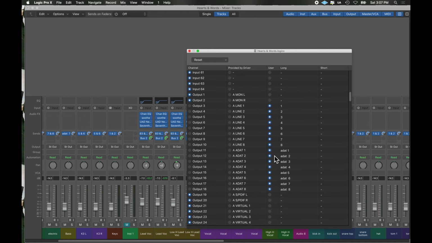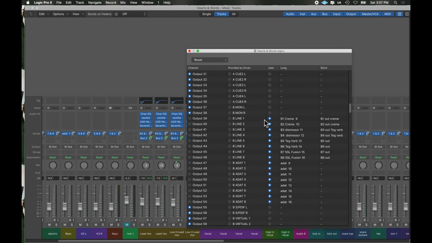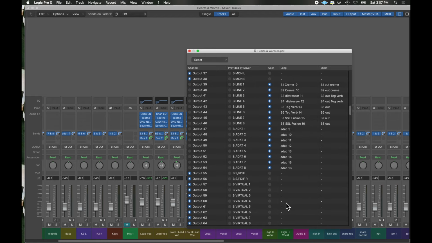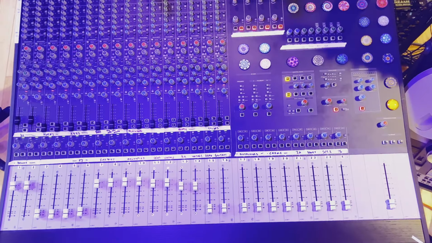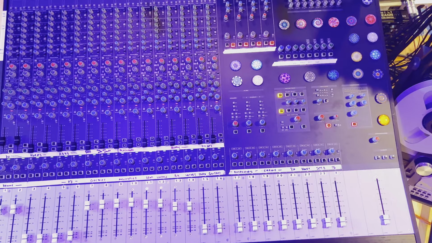I have 2 Apollos. One has regular outputs 1 through 8. They're in my patch bay. Then I bought an Aphex converter that's doing ADATs out 1 through 8. And then on my second Apollo, I'm doing the same thing. I have 8 more outputs into my patch bay and 9 through 16, these extra outputs of the ADAT going to a second Aphex digital converter and going off into my mixer. Because the Aphex converters can actually come back and be plugged directly into the mixer, I don't have